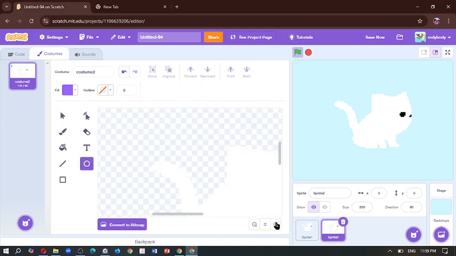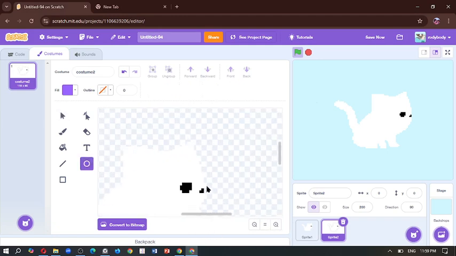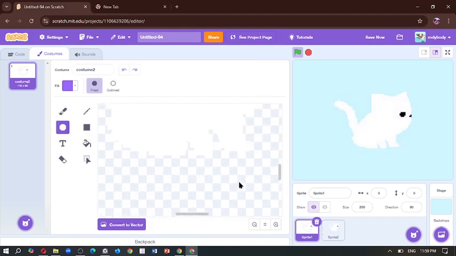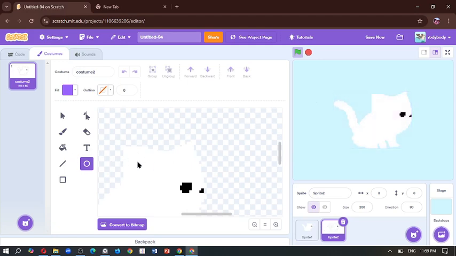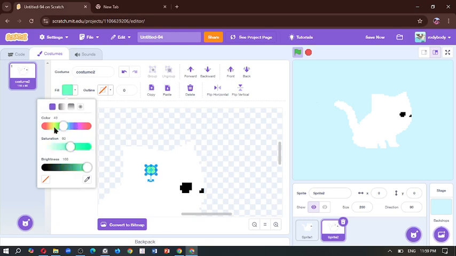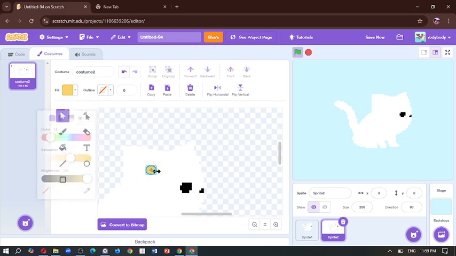Now I'm going to start with accessories. So first I'm going to draw a circle. The circle's not meant to be purple. Let's draw an orange circle. Copy it and then paste it,